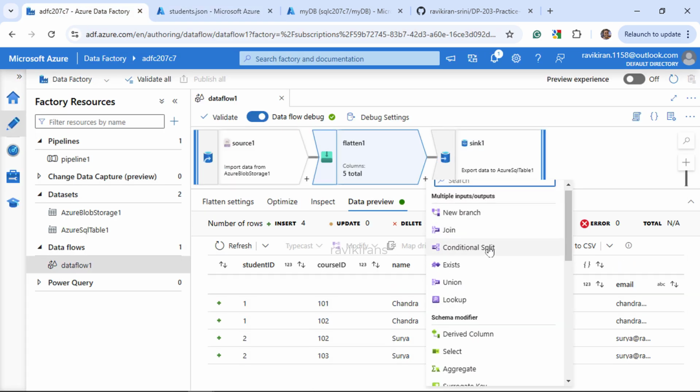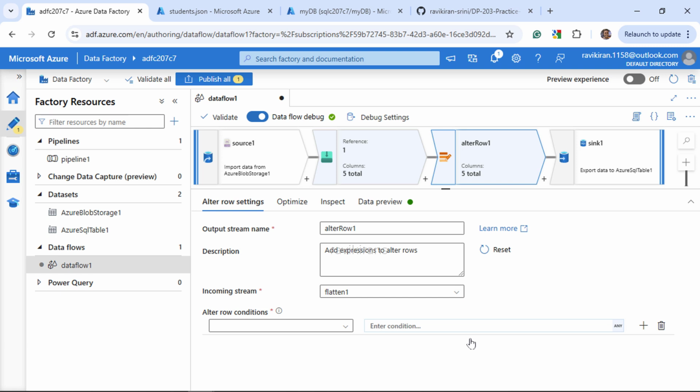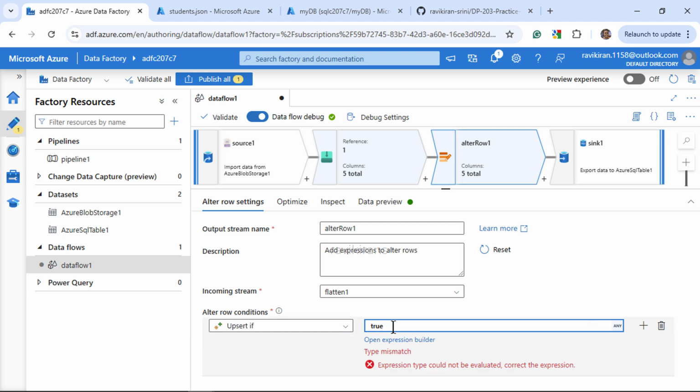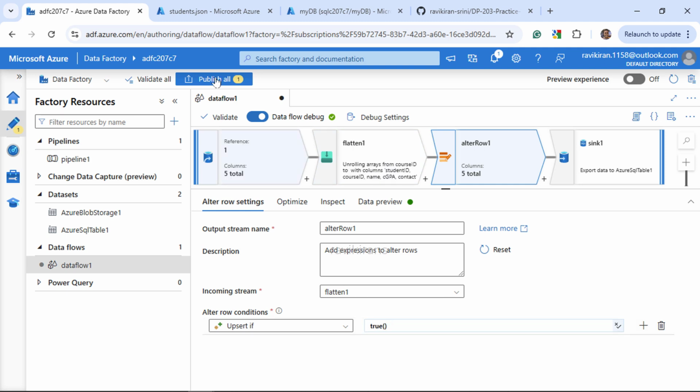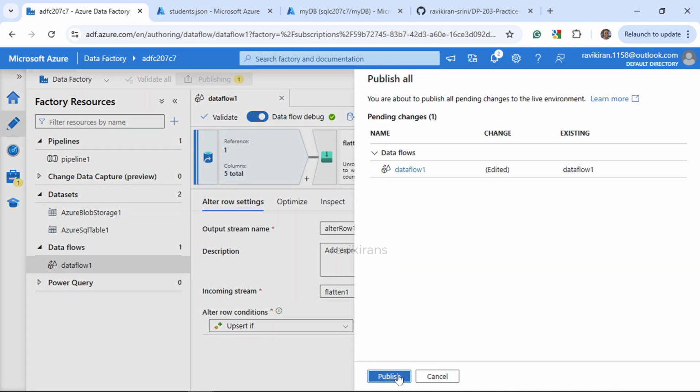So, insert an alter row transformation between the flatten transformation and the sink with an upsert condition which either updates or inserts rows. If you publish the changes and